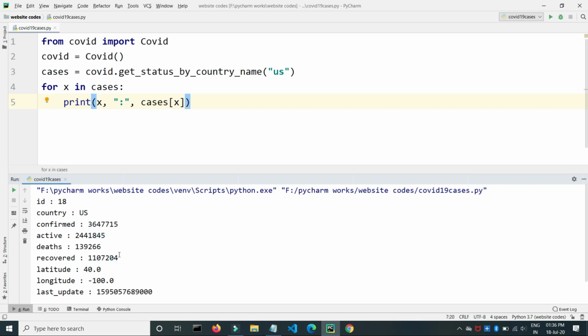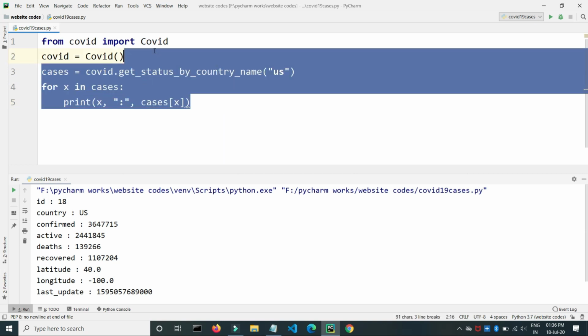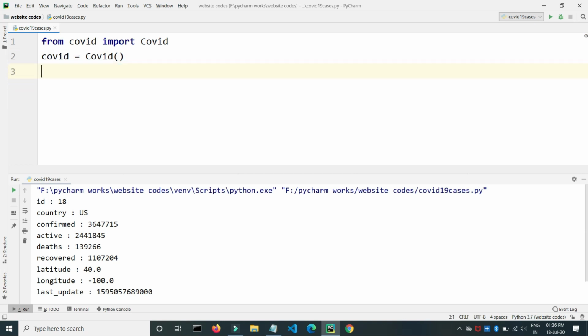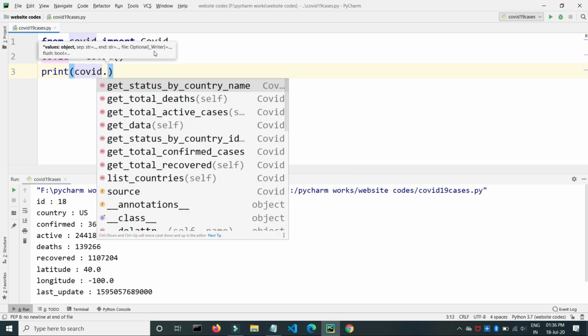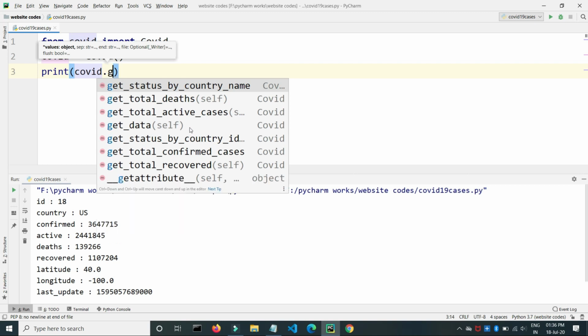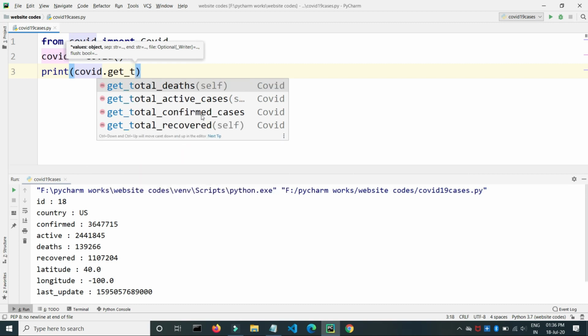Okay, so now let's try to print the data for the whole world. Let's type print covid.get_total_cases, sorry, let's type total cases, confirmed cases.